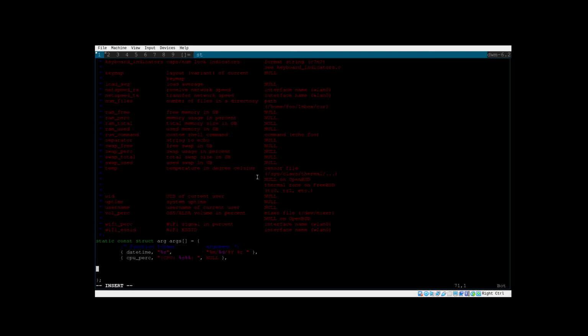Now from here, you can either just leave it with date and time, which is really all you need, or you can go all out and start adding stuff into the file. I'm just going to show you what I add. The next thing I always add into the file would be RAM percentage, which is going to be using the RAM perc